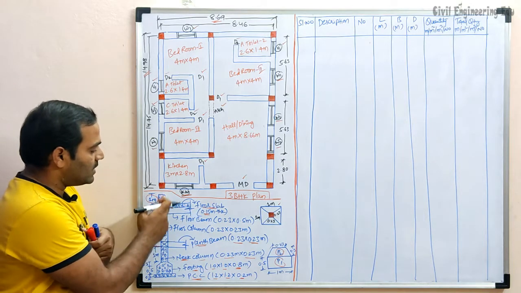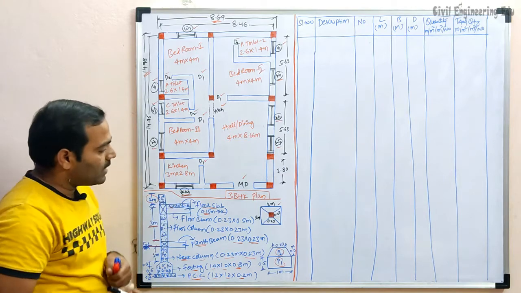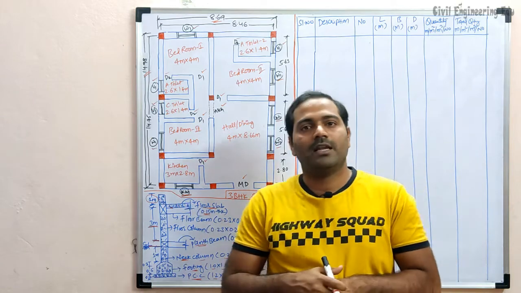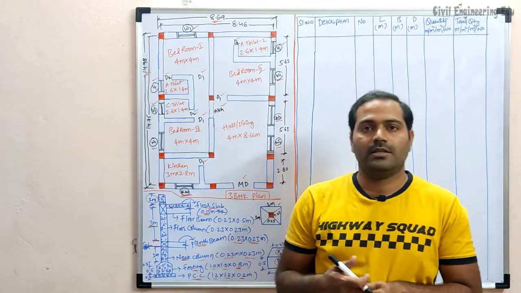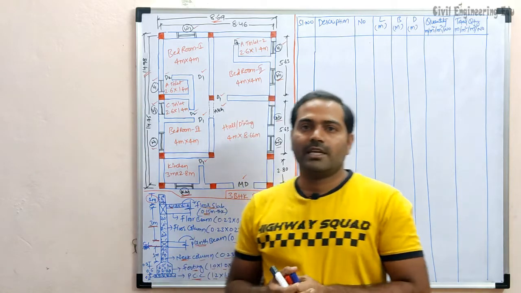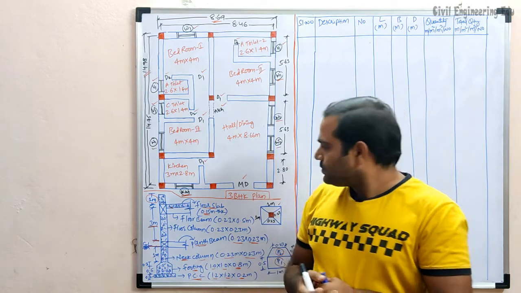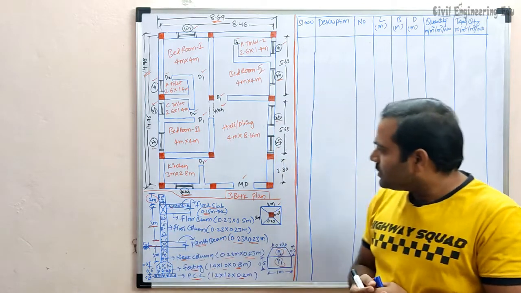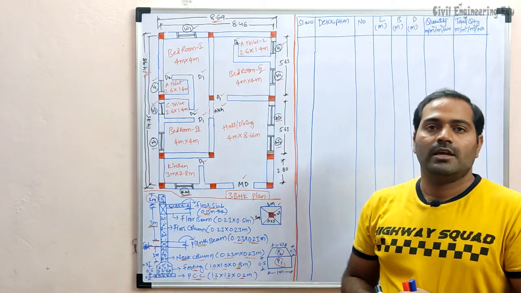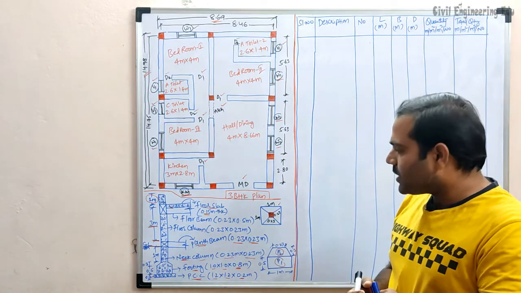And above that, if there is a column which is extending to the parapet level, that will also be calculated here. Along with this structural detail, we have to calculate the staircase also, if it is there. Generally every building will have one staircase. The staircase calculation I haven't covered here, so I'll prepare another video for that. Along with all these, I'll show the calculation for brickwork, plastering and painting and all. So let us start with our first item of work.